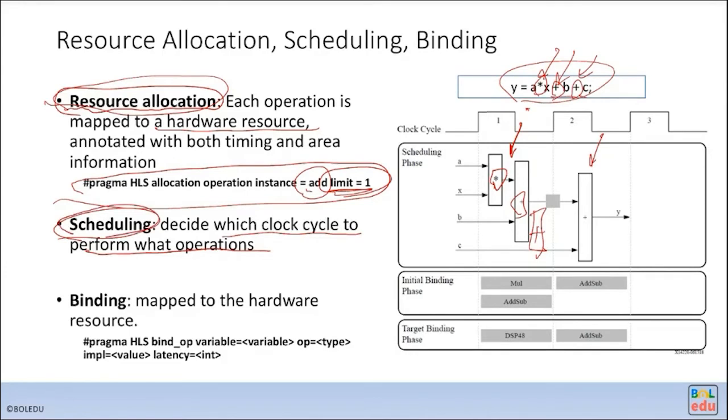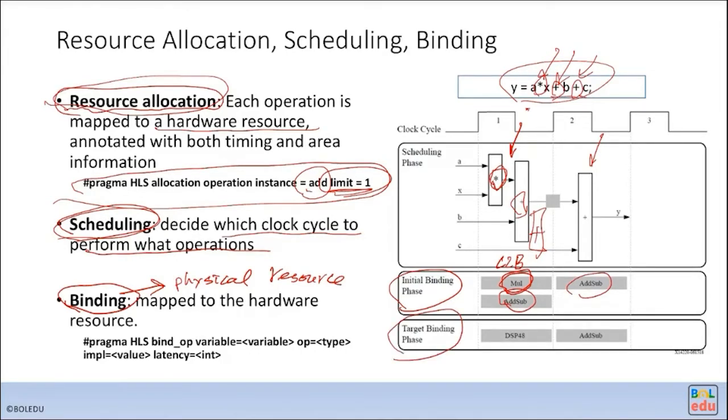Okay, so then we decide the scheduling here. And then we want to do the binding. Binding means you assign to actual physical resource. So initial binding for multiplication, I decide using the CLB combinational multiplication, and then using an adder, I use this adder. And in the final target binding phase, I decide,